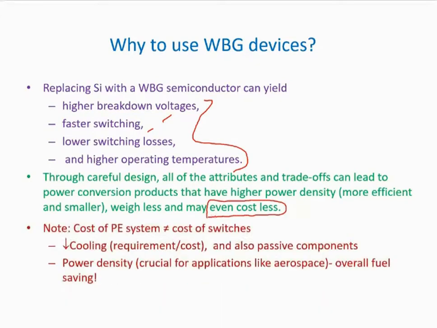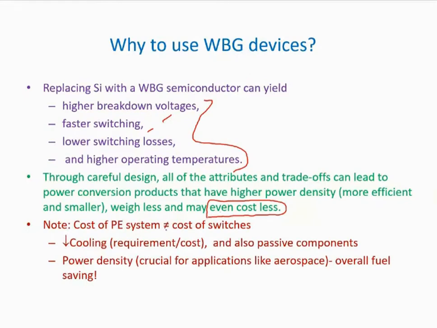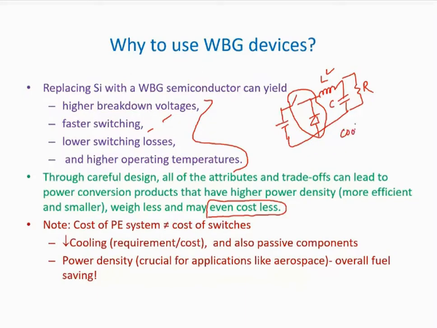It's not very straightforward. And to summarize this, when you learn about a power electronic converter, for example, a simple buck converter, there is a switch, there is a diode, there is the inductor, there is a capacitor, and then there is a load. So the cost of this power electronic converter is not only about the switching cost. It is also the cost of the passive components, then the cost of the cooling system requirement, the size of your heat sink, right, and several other factors.